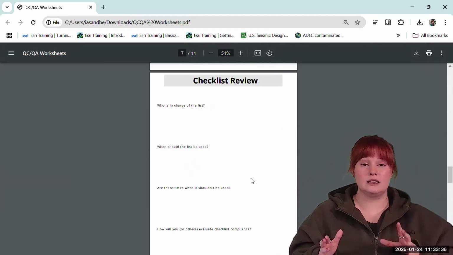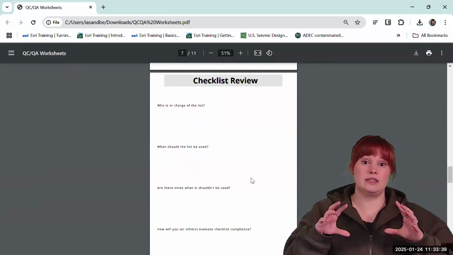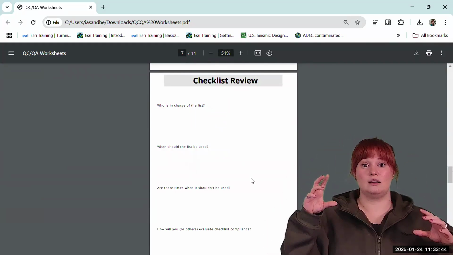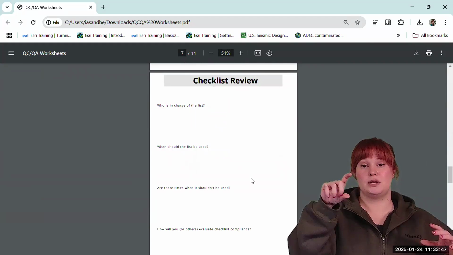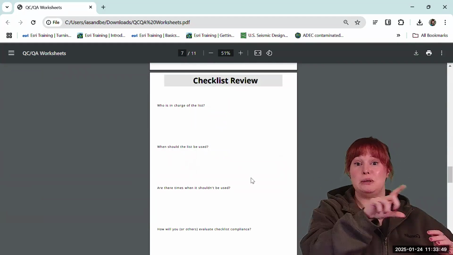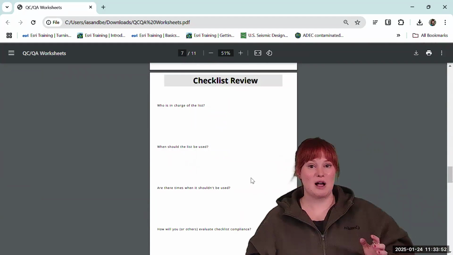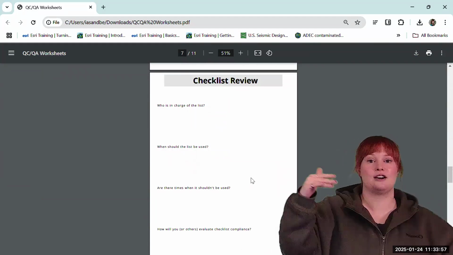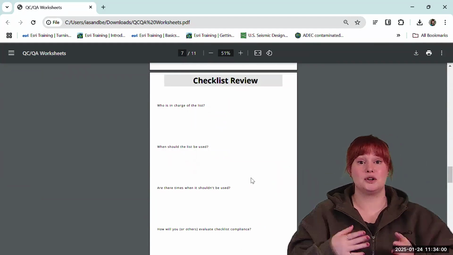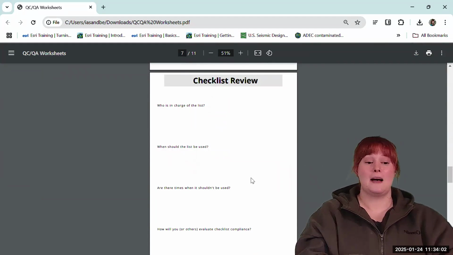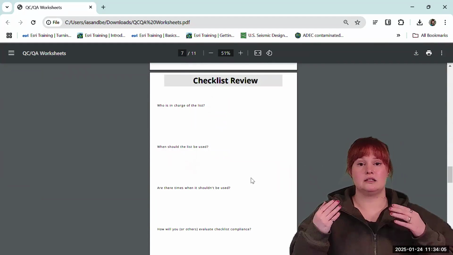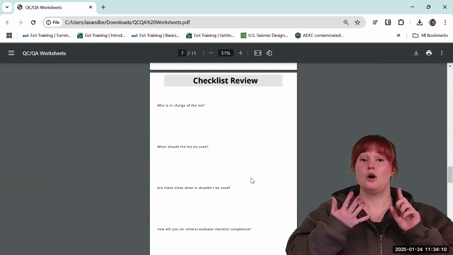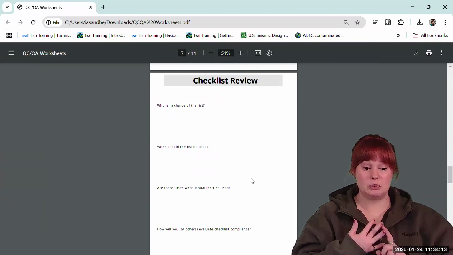But with a checklist, ideally, you can have some flexibility, where you say, if a project is more than X, then you can use this checklist, but you can disregard subsection B or whatever. And if it's a smaller project, maybe you skip to subsection C for projects that are under a dollar amount, or under a particular size, etc. But you want to make sure that all of that is easily conveyed to someone who's new to using the checklist, so they understand when it should be used and when it shouldn't be used.